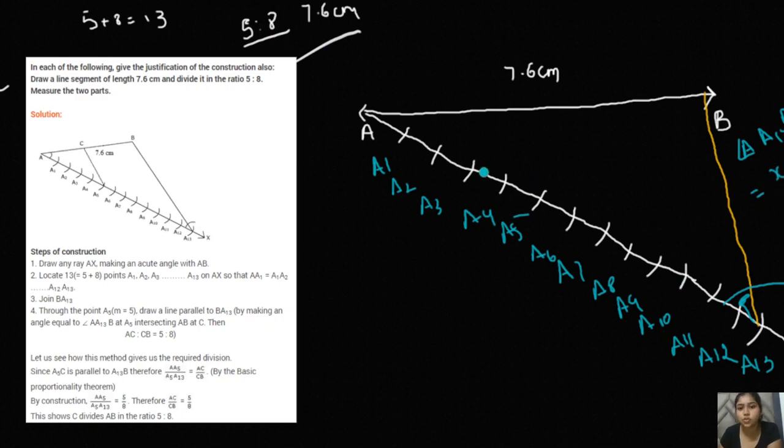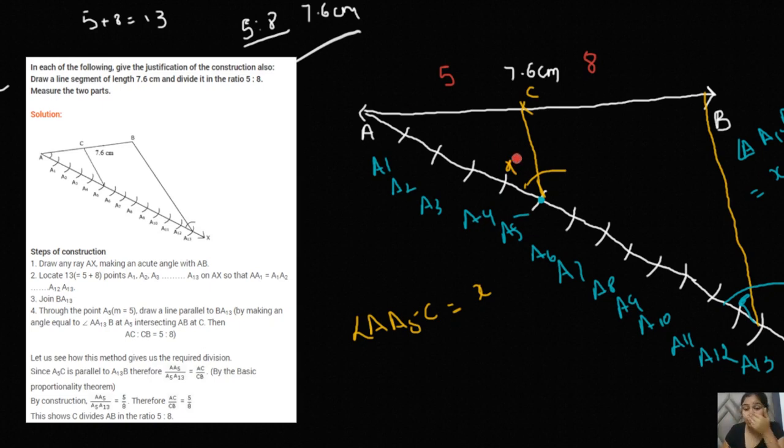Now this is 5:8, so we'll go to this 5, A5, right? 5:8. What we'll do is make a similar angle like this, and we'll draw the parallel line like this. This is how we can draw the parallel line. Basically it means that this particular angle will also be x. It means angle A5, this point, let it be C. So this particular angle will also equal x, right? So this is your line segment which is divided in the ratio 5:8, right?